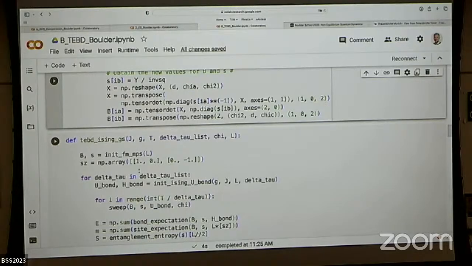But again, in these tutorials, these are exactly things that you can also play around with on your laptop or on Google's machine. Yeah. But chi is growing in time. Chi, right, and this is also what we're going to explore, and that will depend a lot on what kind of problem you are looking at. If you, for example, take a many-body localized Hamiltonian, you would see that this chi is growing very slowly. If you are looking at a highly ergodic system, in the worst case a random unitary evolution, the chi would grow really quickly. So that will then become very much model, problem and initial state dependent.